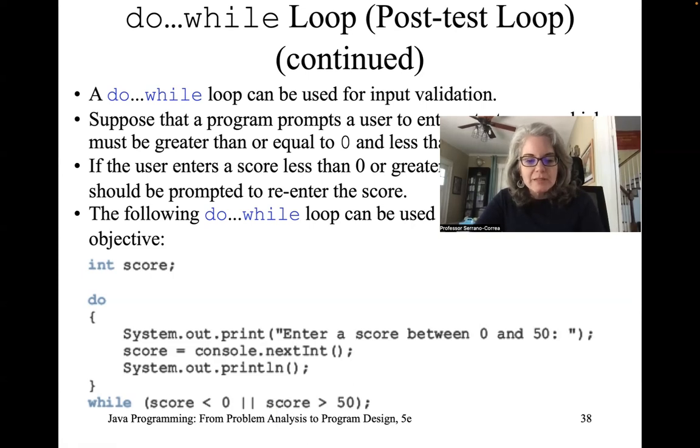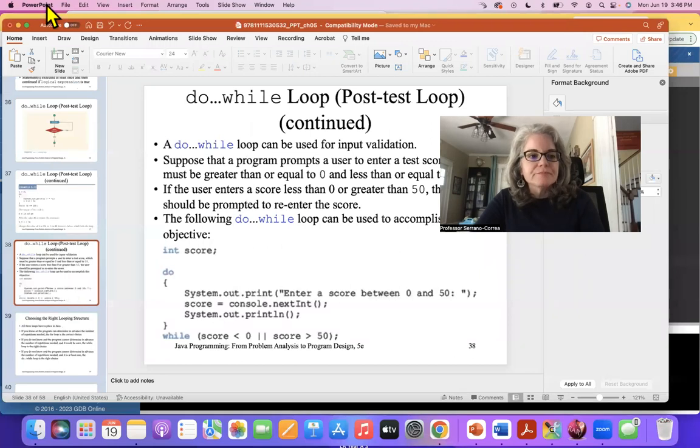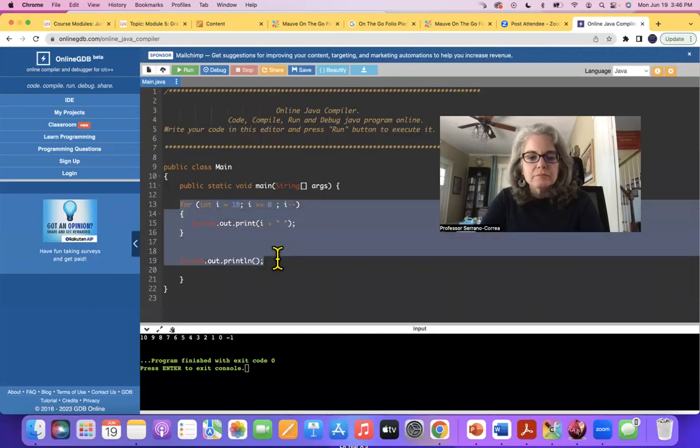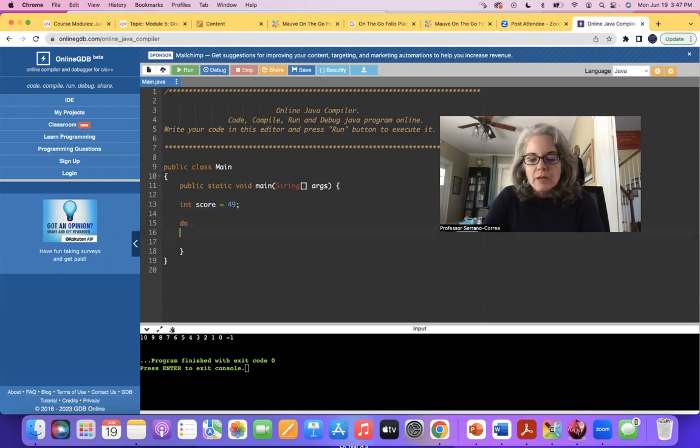So let's go ahead and practice that one, because this is something you want to be able to do, is check data. Okay, so int score. Let's say instead of asking the user, I'm just going to go ahead and type a score here, 49. Do. So with a do while loop, I go ahead and just